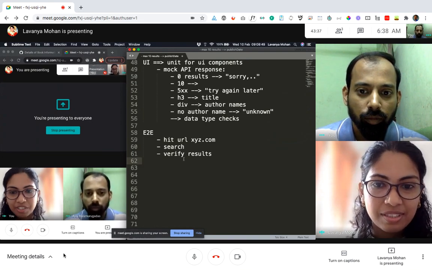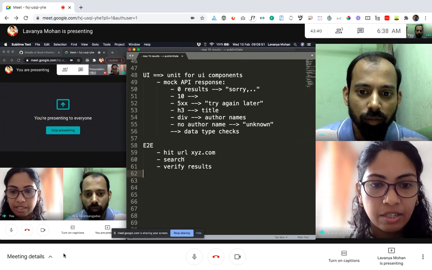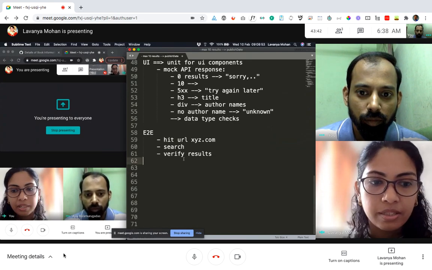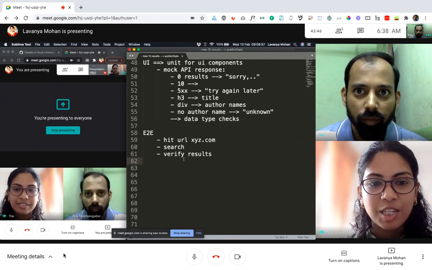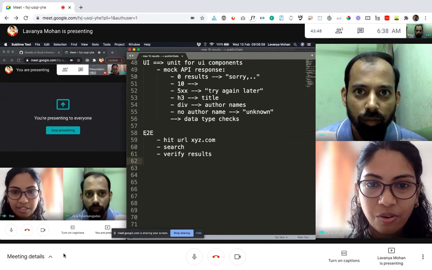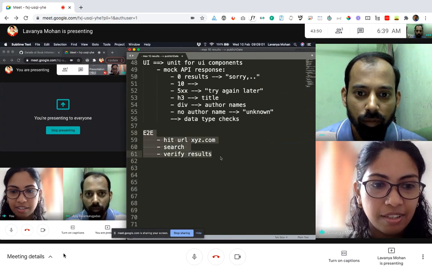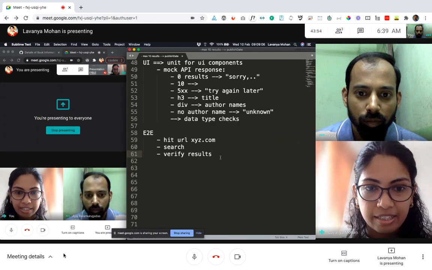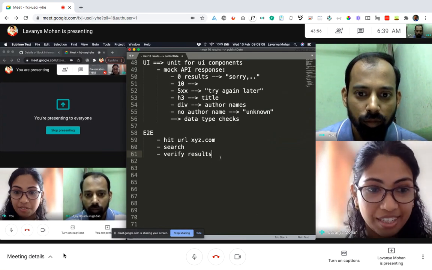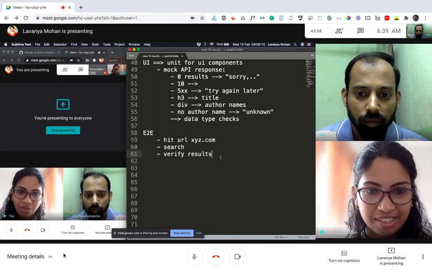A lot of times, if our developers are writing a lot of unit tests, it could be duplicates, it could be unnecessary. And when we just keep adding a lot of tests at this end-to-end level, there are a lot of other factors we need to take care of. Like, is the data present? Is the network connection fine? If something goes wrong there, then all our tests will fail.